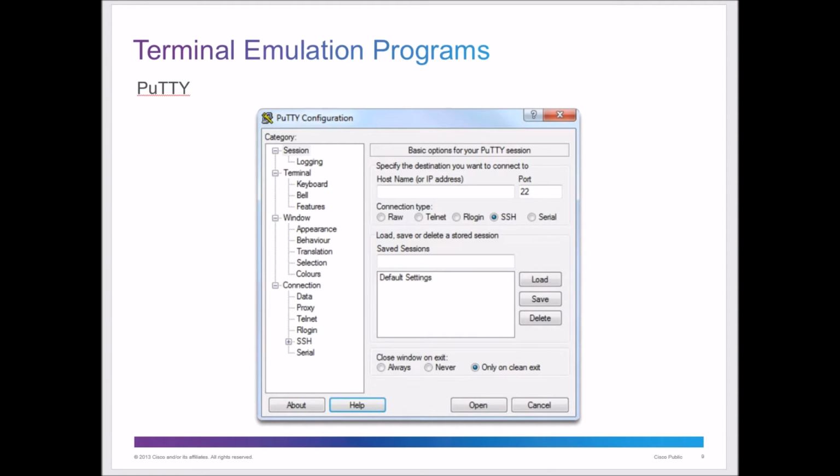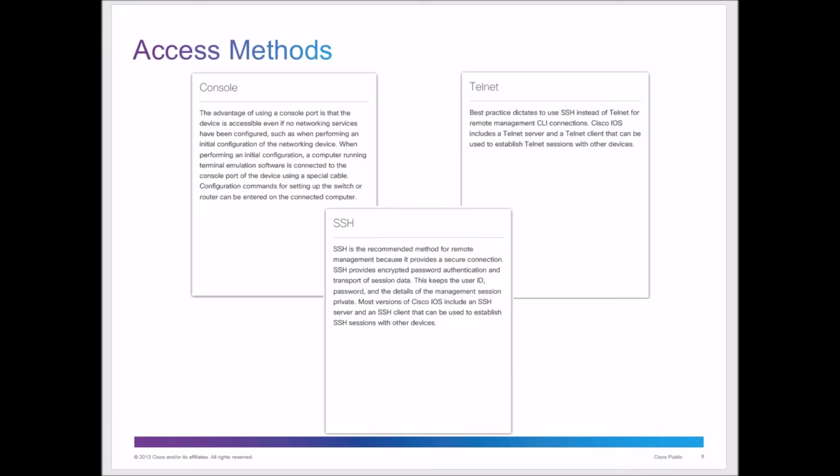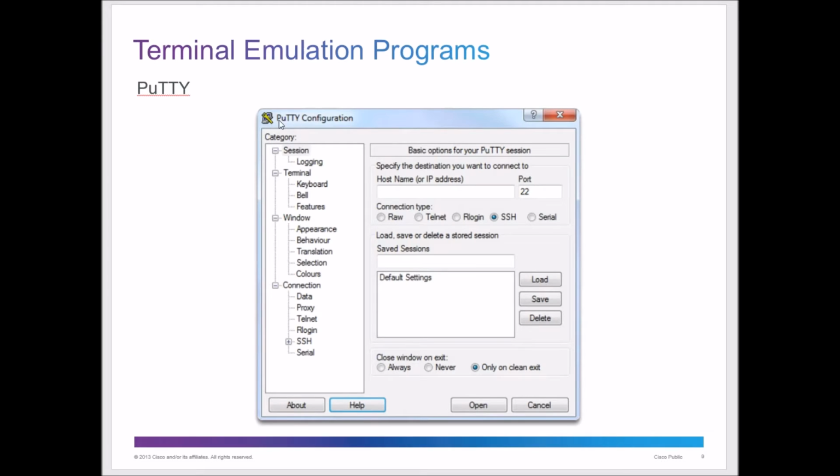So how do we access through the SSH? We have a program called PuTTY, or P-U-T-T-Y. You can download that off the internet. You can Google that. Just make sure you're getting the right version of it, that you're not downloading one that's got some type of malware or something like that. Make sure you're going to the correct website.